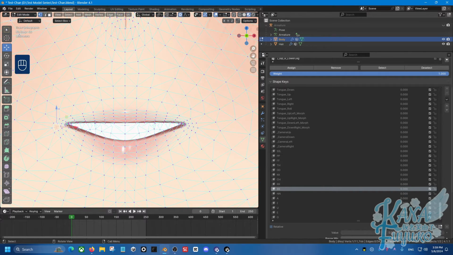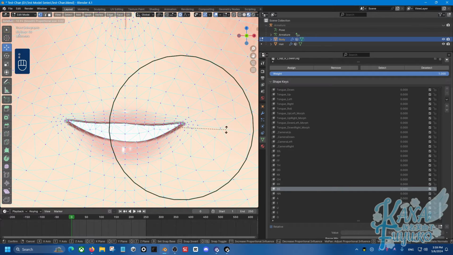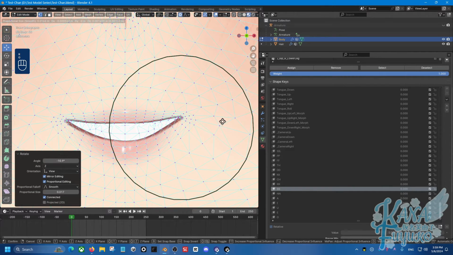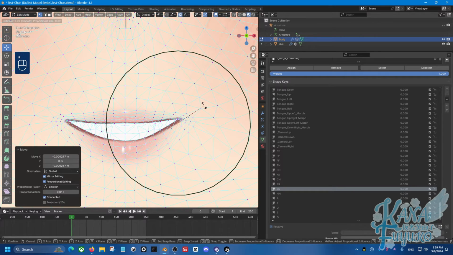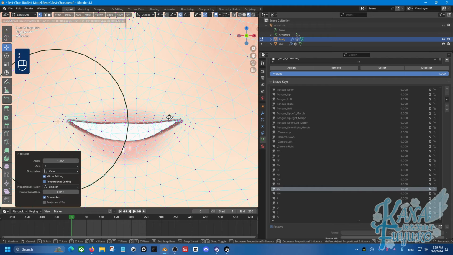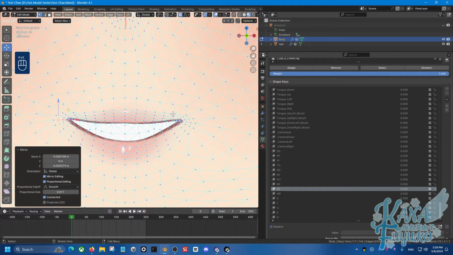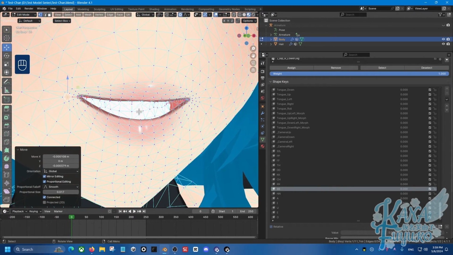Also, I'm just treating this as if it's asymmetrical, just so you see how I handle asymmetrical models, in case you're wondering why I'm not using mirror mode. I'm just making sure that in case someone uses an asymmetrical model, they see this could also work with asymmetrical models. Anyways,